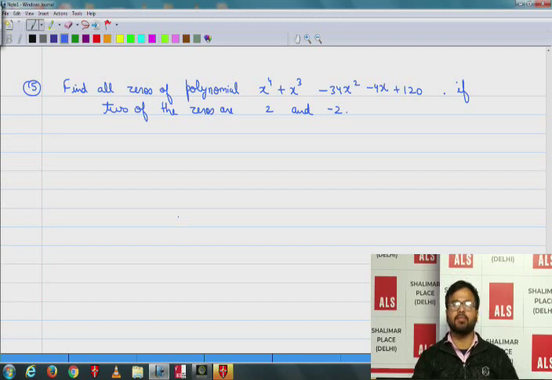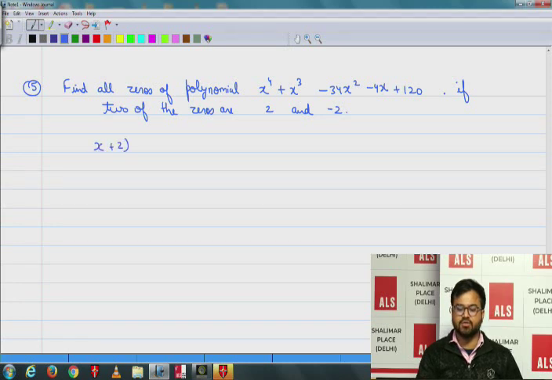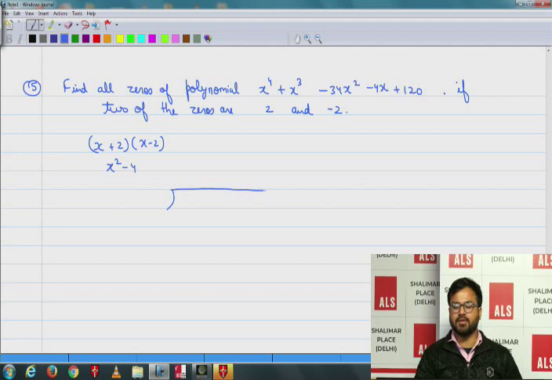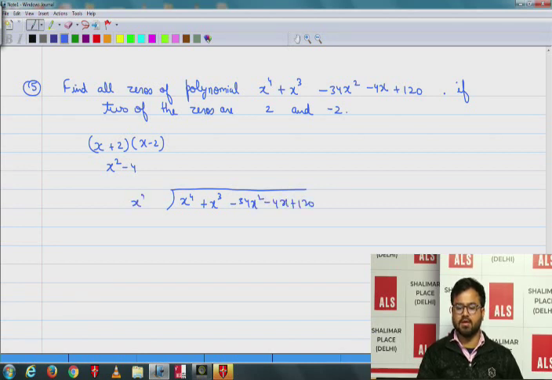5 minus 6, 2 and minus 2 you are getting. Okay, so let us check. So two of the zeros are 2 and minus 2. So you know that if zeros are 2 and minus 2, then the factors are x plus 2 and x minus 2, which is x square minus 4. So we'll divide the complete polynomial by x square minus 4. So it will be x square